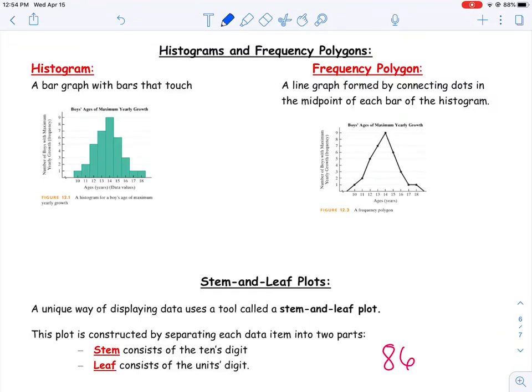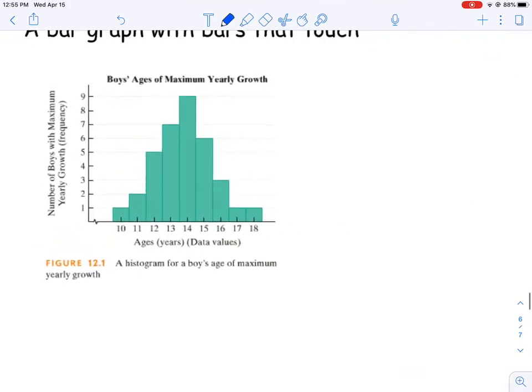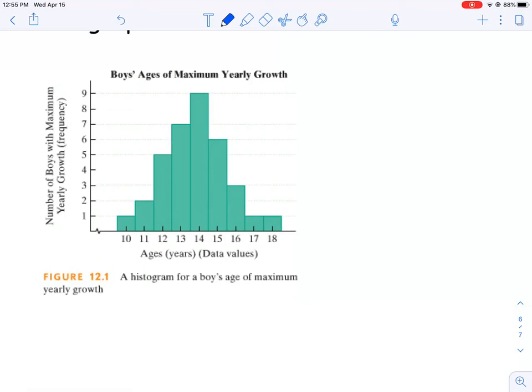Okay, the last video in section 12.1 talks about a couple other ways of displaying data. A couple that you've probably seen before are what we call bar graphs or histograms, and line graphs, which they call frequency polygons. A bar graph can take that same data and display it using bars to show different frequencies. So instead of the frequency distribution chart that we did in the last video, this takes that same data, the number of boys they said grew the most,